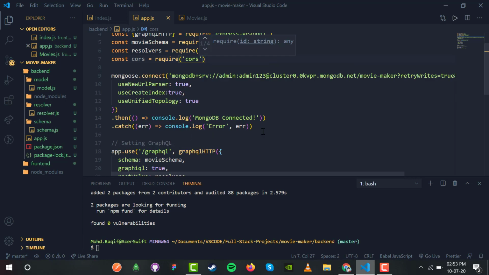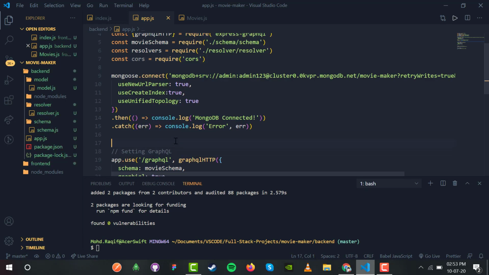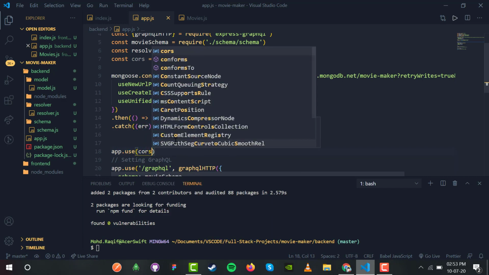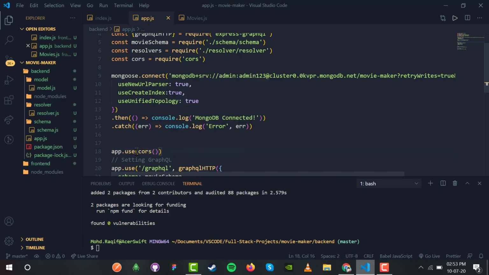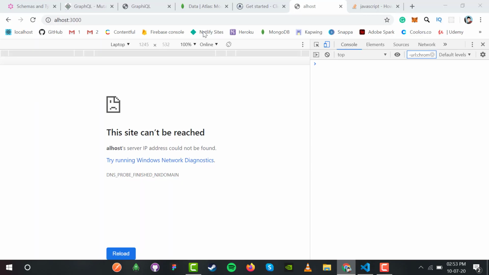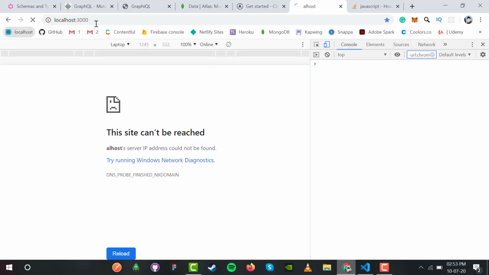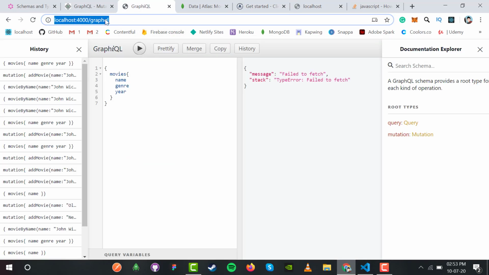Then just below this, app.use(cors()). Okay, so now we are done with the CORS. We have added this functionality over here. Localhost 4000 might be able to connect with localhost 3000 and they are ready to speak to each other.